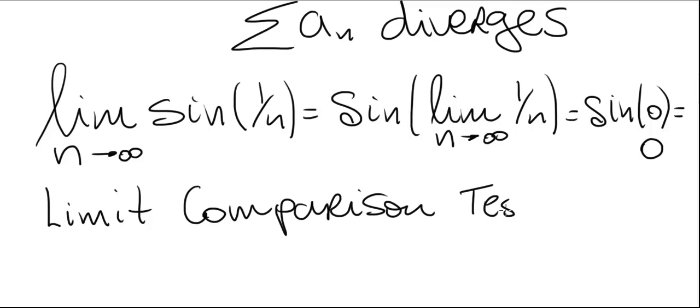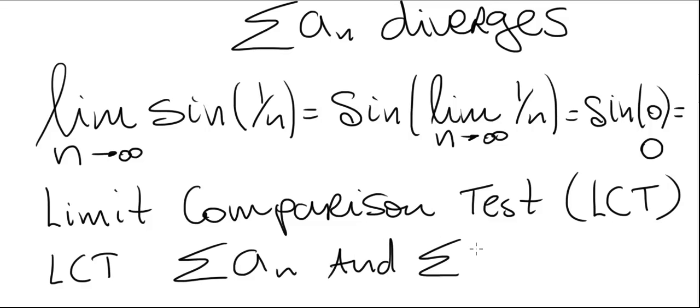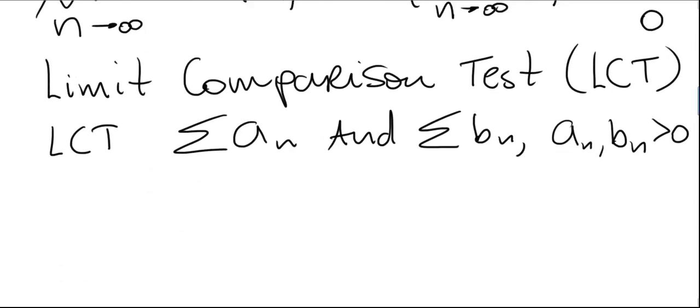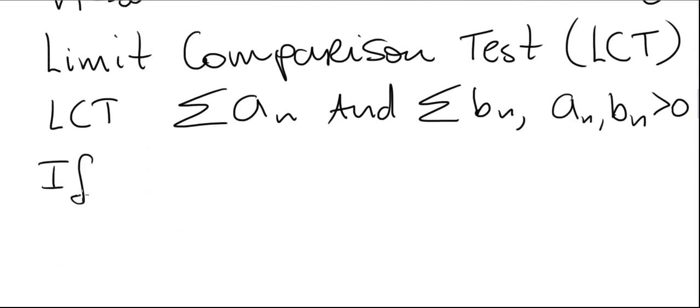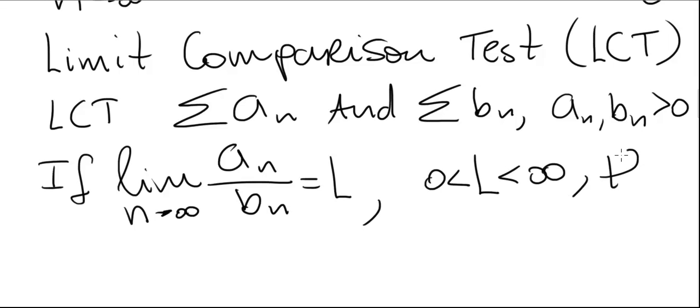test. Now what is the limit comparison test? I'll abbreviate it by LCT. LCT says the following. Suppose we have two series, the summation a sub n and the summation b sub n, with the restriction that a sub n and b sub n must be positive for all n. And if the limit as n approaches infinity of a sub n divided by b sub n is equal to L, with L positive and finite, then we